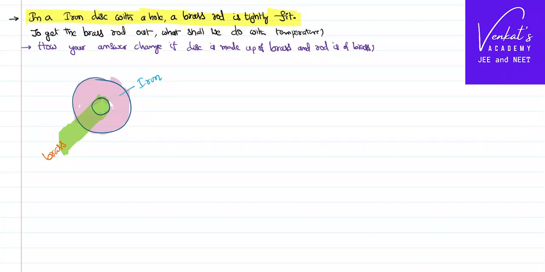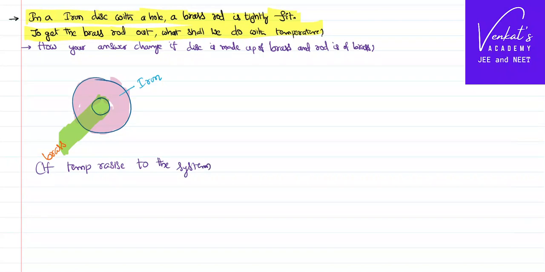Our aim is now to get the brass rod out. What shall we do with temperature, right? I want to get the brass rod out. I have two options. This system is together. We have to raise or lower the temperature of the system. If the temperature of the system rises,